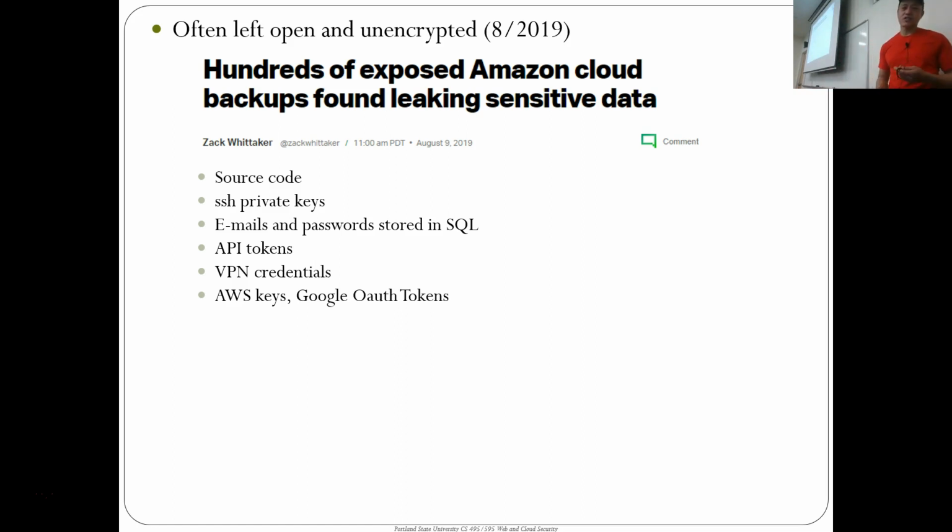They did a survey last year, or this particular study scanned the AWS cloud for any unencrypted open disk backups, and they found a whole bunch of them. I think if you click on this, they found a whole bunch of disk backups that were publicly available that had source code, keys, emails and passwords in them. All of these things can be exposed in a disk backup. So hopefully when you point this tool at your cloud project, it won't show anything, is the idea.